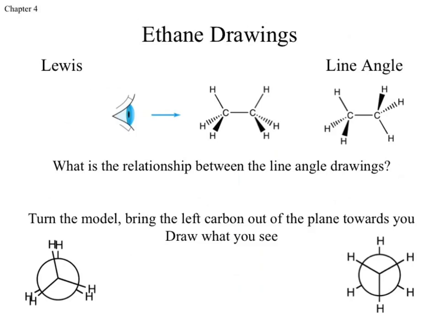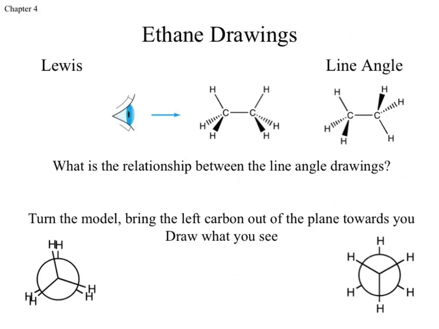No. So what we're going to do is tweak the structure ever so slightly. And instead of looking at it exactly end on, we're going to turn it just a little bit. That slight turning in the structure allows us to better see the bonds so that we can actually draw them out and see all of those atoms. Okay? Next thing to be aware of,